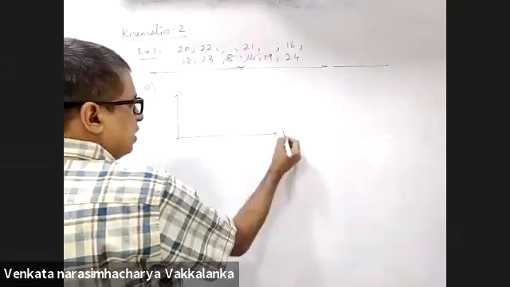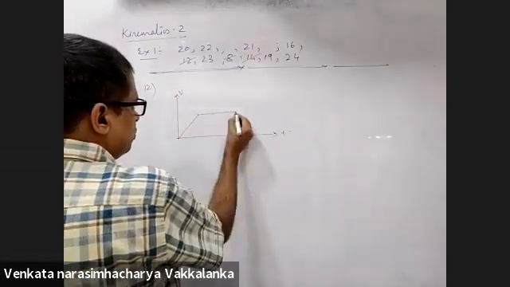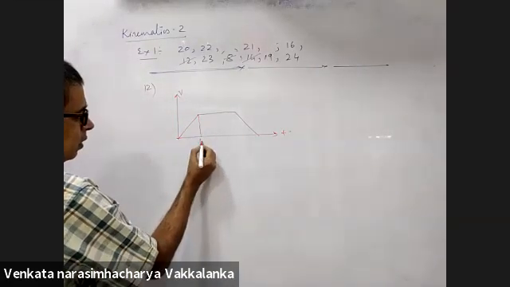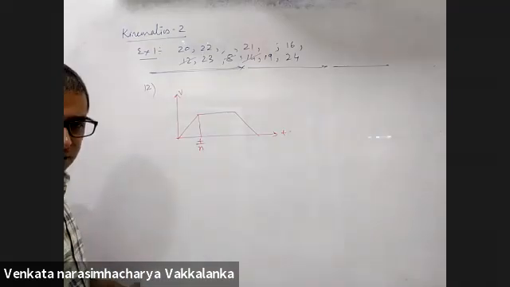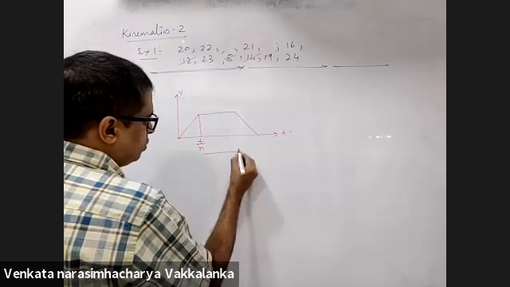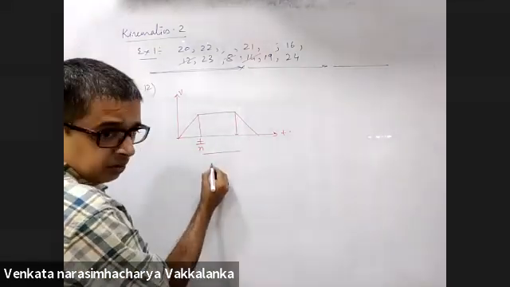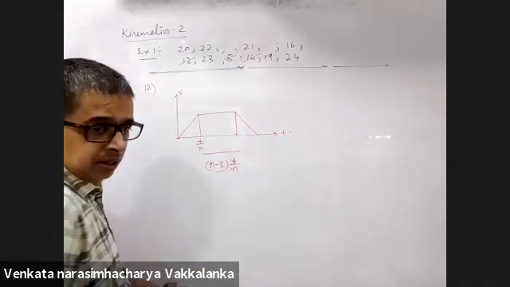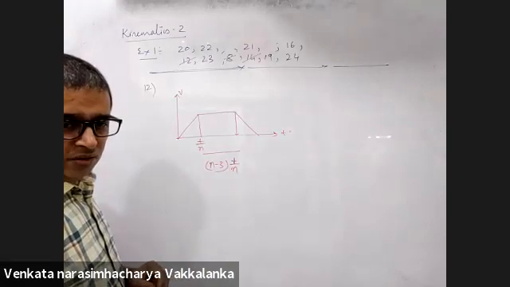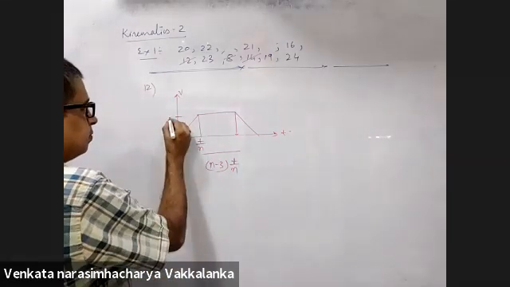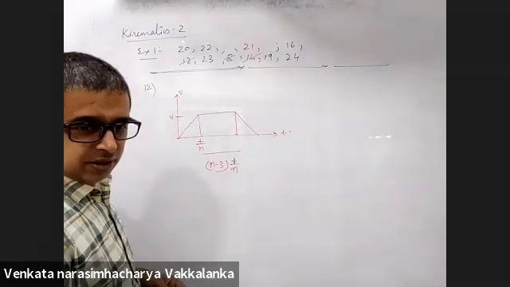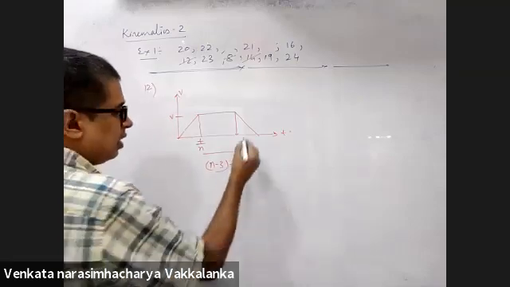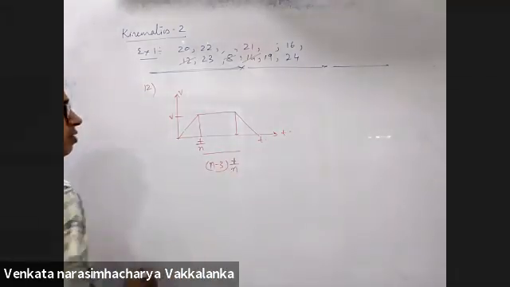This is velocity time graph. Accelerates, moves with uniform velocity, comes to rest. This is for t by n seconds. No, this journey is for n minus 3 into t by n seconds with uniform speed v. Finally, it comes to rest with a retardation. The total time taken is t seconds.